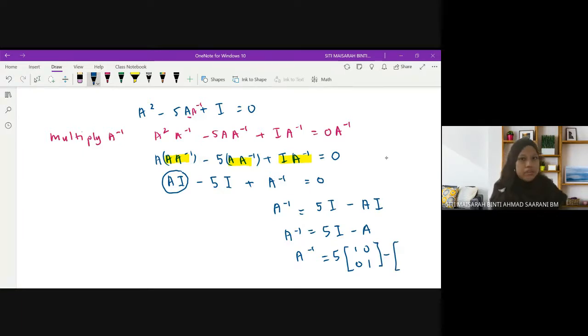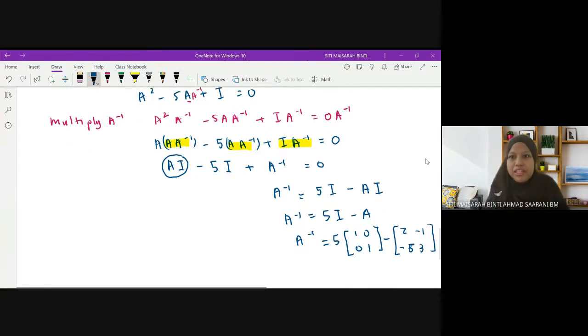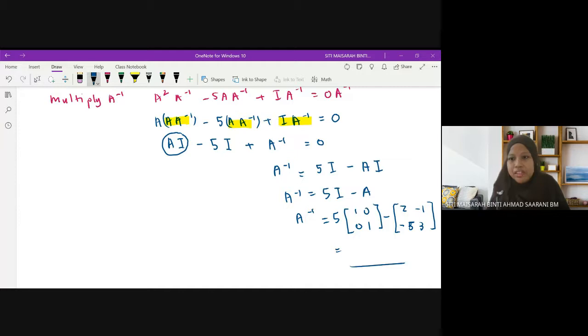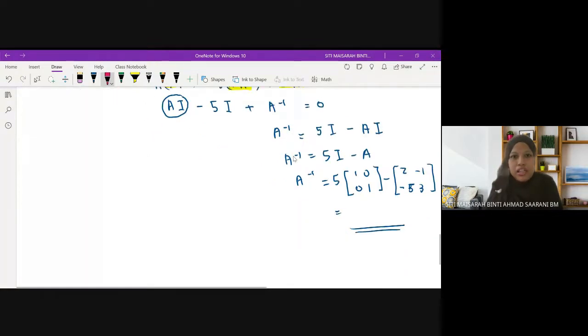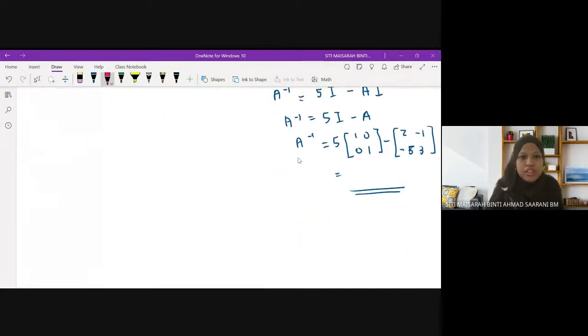The A that they gave you is [2 -1; -5 3]. You multiply and calculate it. It doesn't matter, they only show you the way. Okay, if you want to find A inverse, you have to multiply with A inverse. If you want to find A cube, you should multiply with